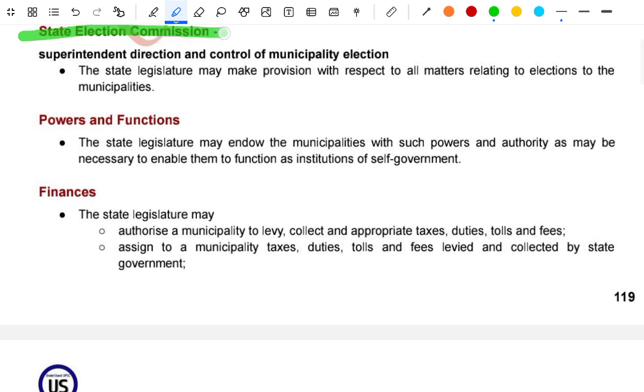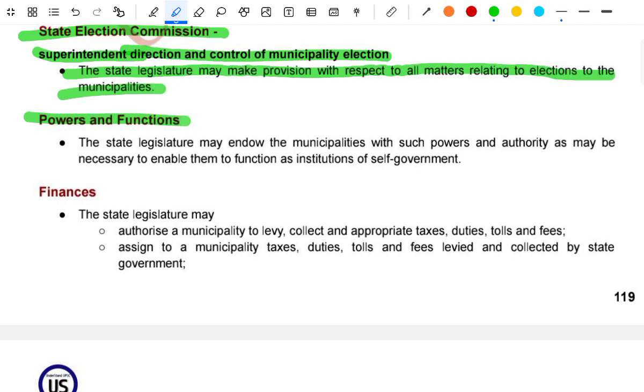State Election Commission. The superintendence, direction and control of the municipalities' election. The state legislature may make provision with respect to all matters related to the election to the municipalities. Powers and functions: the state legislature may endow the municipalities with such power and authority as may be necessary to enable them